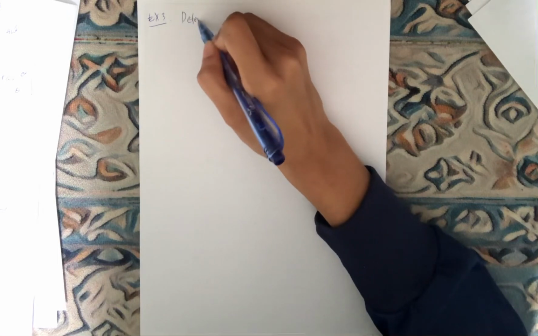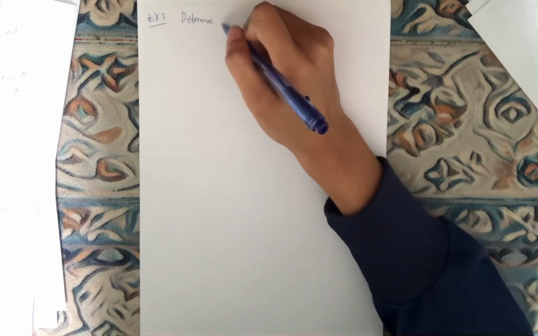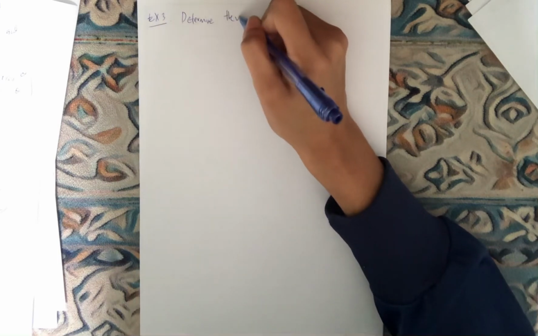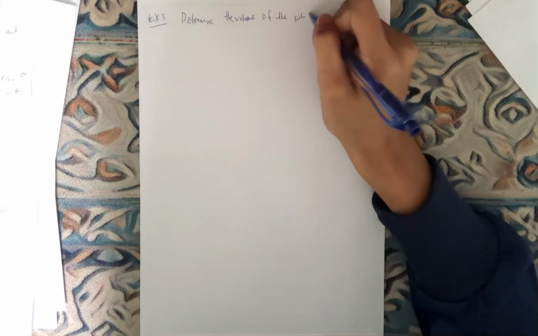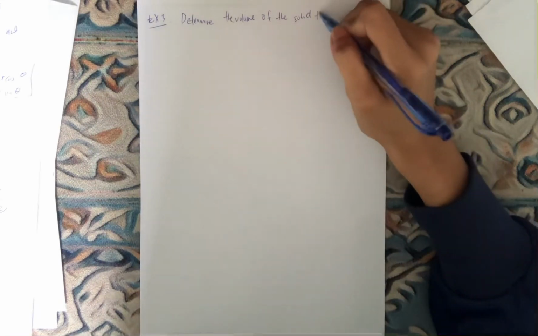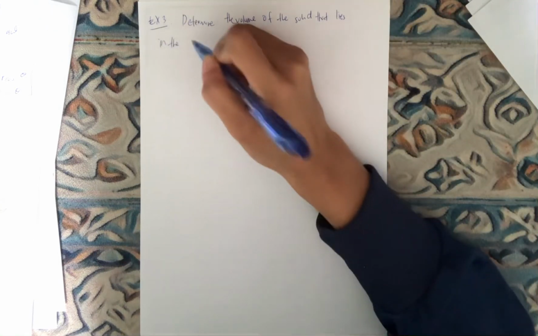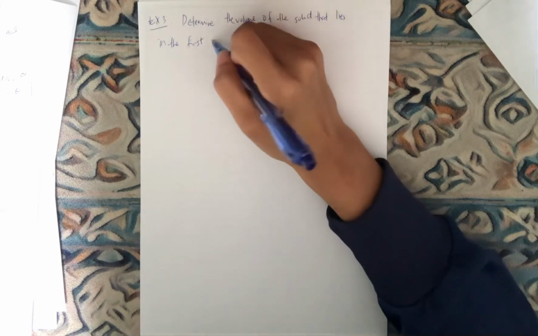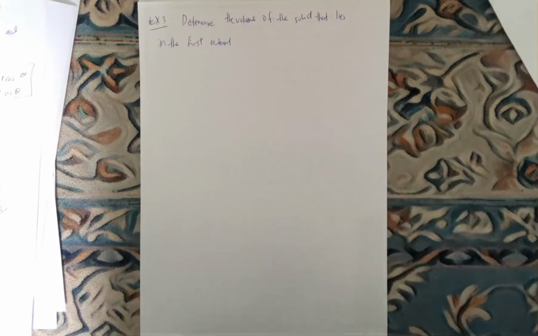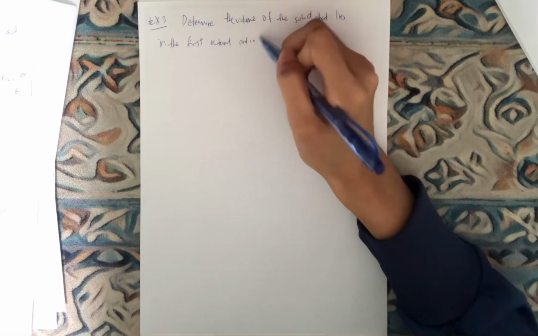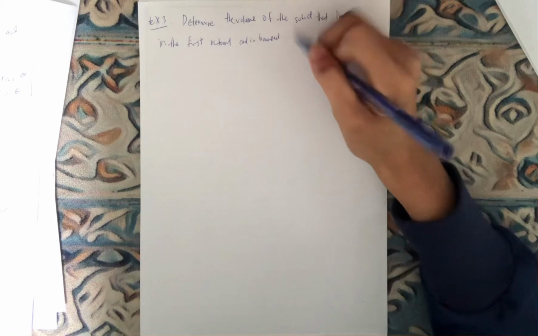So the question now is: determine the volume of the solid that lies in the first octant, first octant or first quadrant, and is bounded by